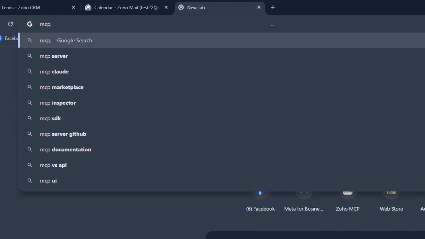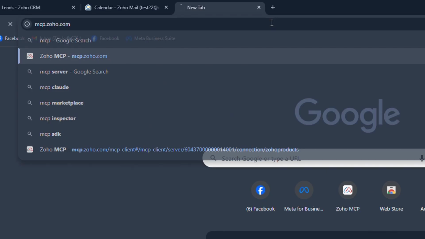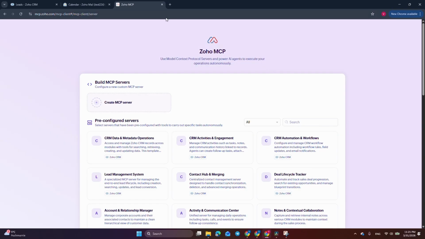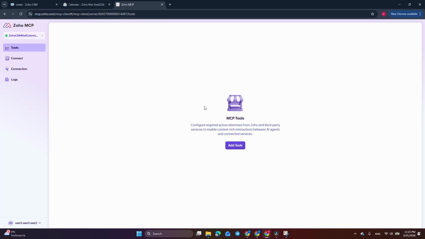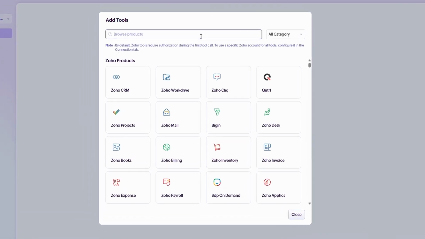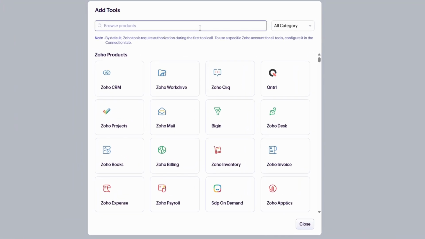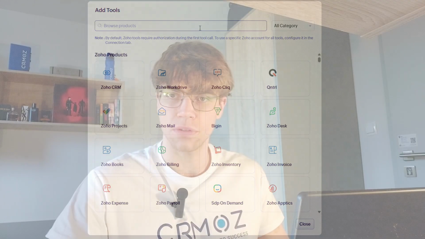Go to your browser and type in mcp.zoho.com. This is Zoho's brand new command center for AI. We are going to click Create Server and give it a name. Let's call it Claude the Sales Assistant. Click on Add Tools. You will see the entire Zoho ecosystem here. For our workflow today, we are going to search for and select 3 specific applications: Zoho CRM, Zoho Calendar and